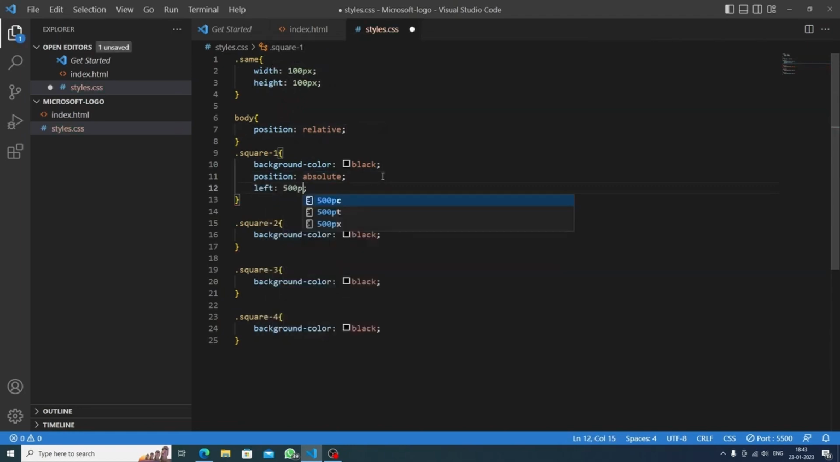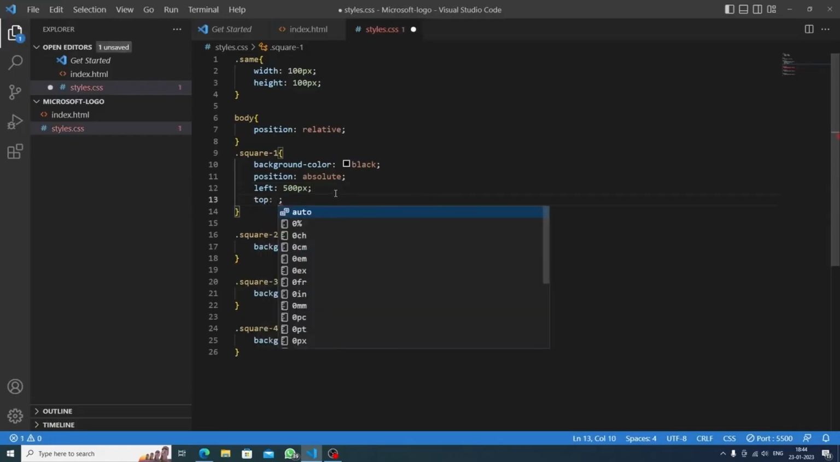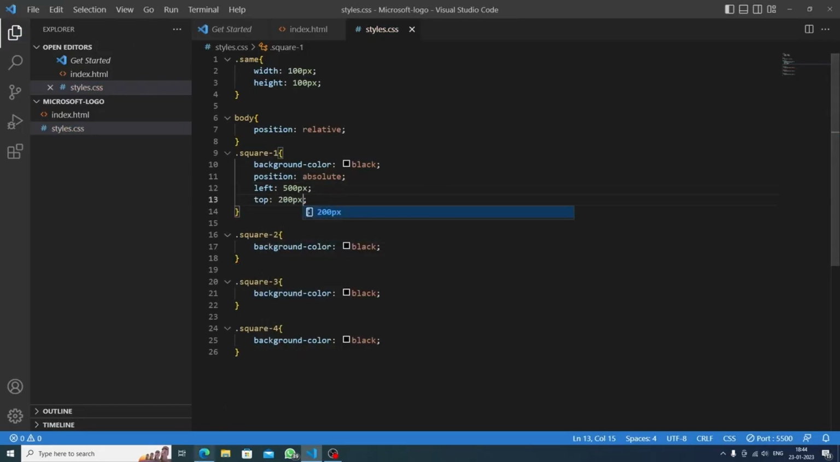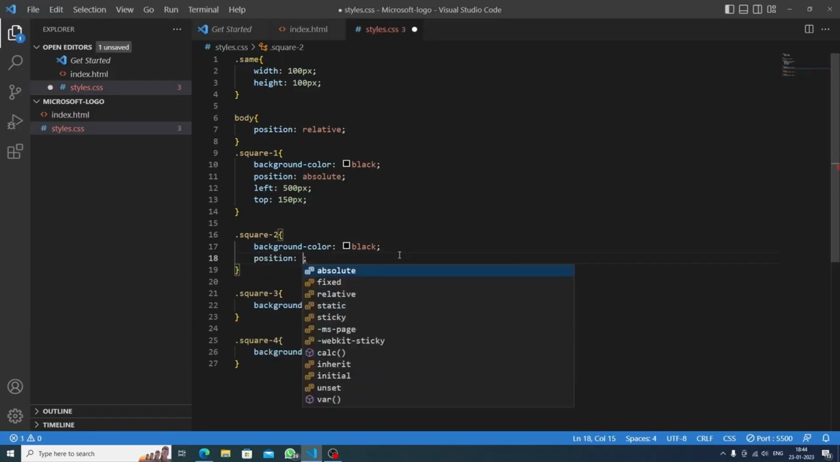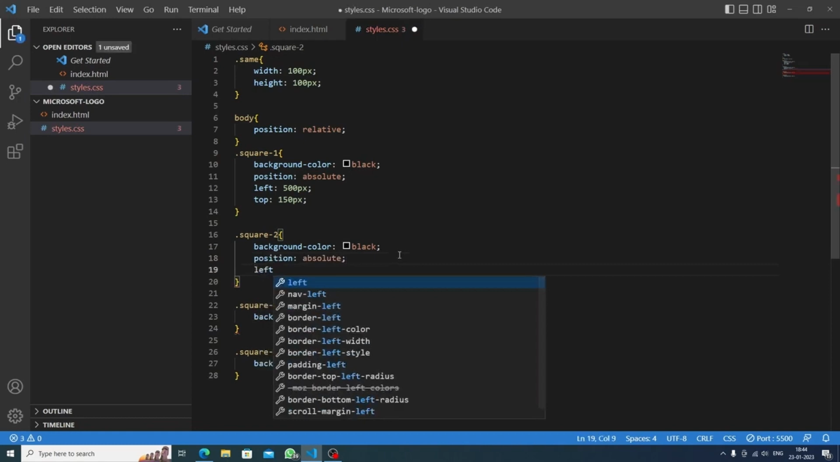First we will do left. Let's say 500 pixels would work. Okay, perfect. Now from the top we will do 200 pixels. Let's try this. Okay, I think we should do 150 pixels. Okay, now we will do position absolute to the next square, and inside it we will do from the left